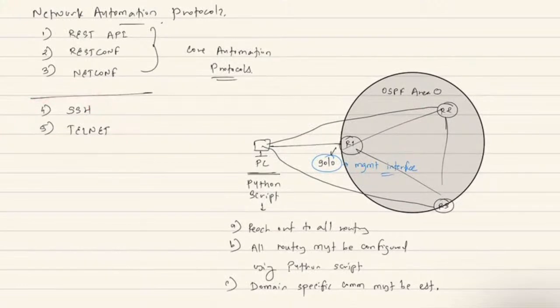Now the question comes up: how or when do we actually use advanced protocols? When do we use things like REST API? When do we use RESTCONF? When do we use NETCONF? So when we talk about advanced devices, if I get rid of this stuff,